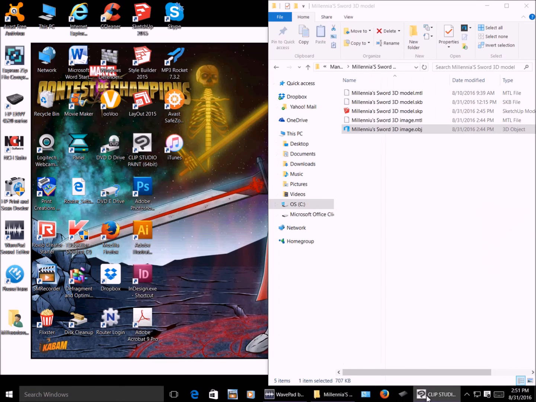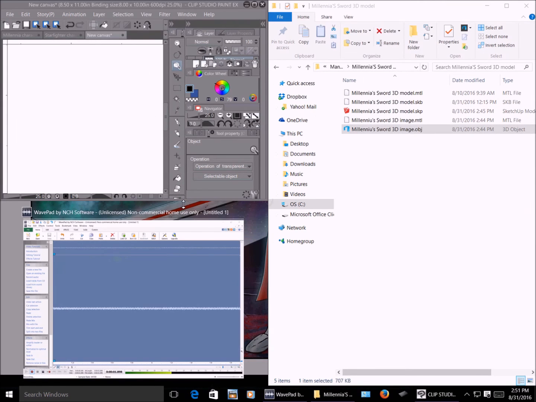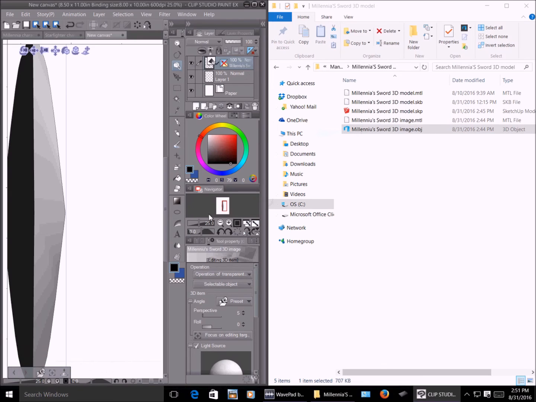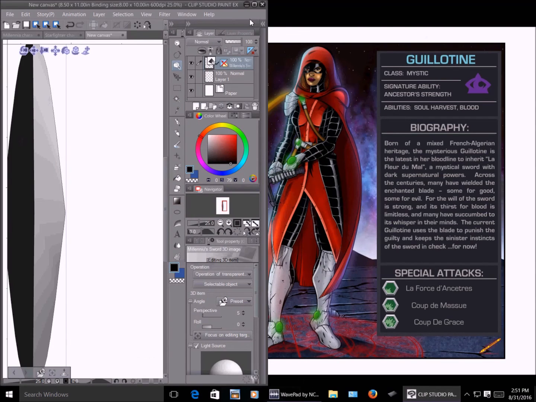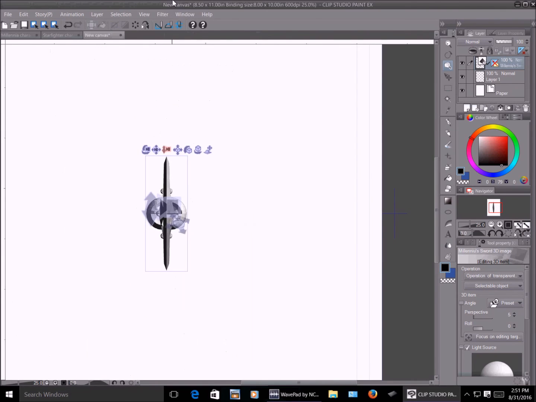So let me just pull back out Manga Studio here. We got a clean page going. Let's bring in the image again. Okay, we can close that for now. Oh, I think I closed the wrong one. Alright. Now let's adjust this again, like I did before.